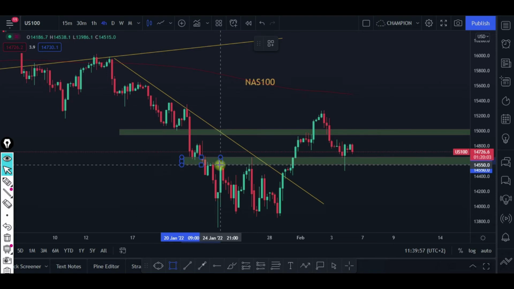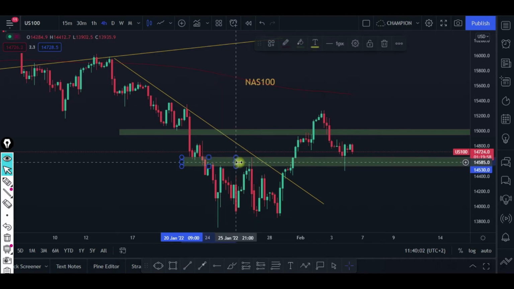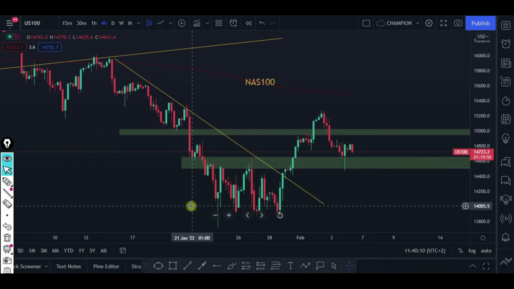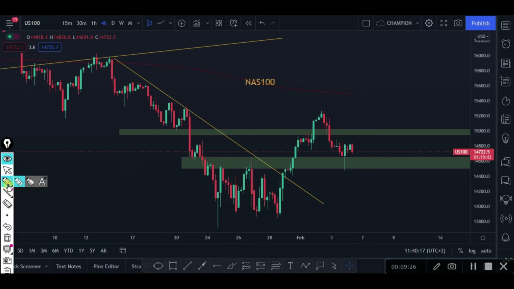This is what I want you guys to get. Hope you are able to see what I'm showing you. Don't forget that there's horizontal support and diagonal support, horizontal resistance and diagonal resistance. So if we look at this price, it broke out of this area, came and retested, broke out of the next area, and now it went down. But this is for hourly.